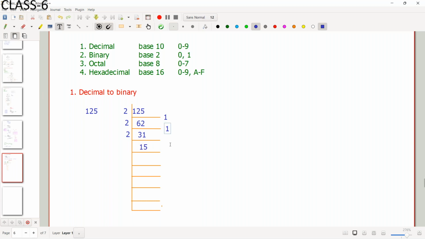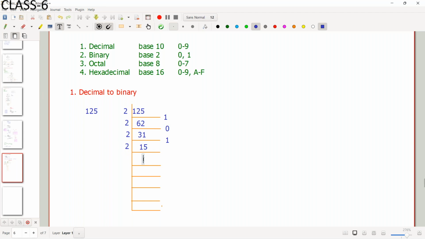Remainder is 1. Why 0? Okay, 30, sorry. Okay, correct. So now